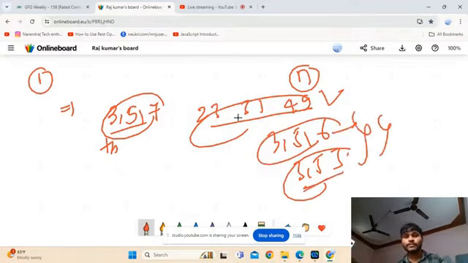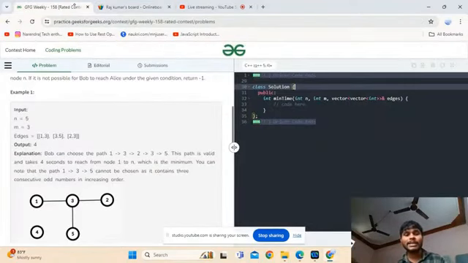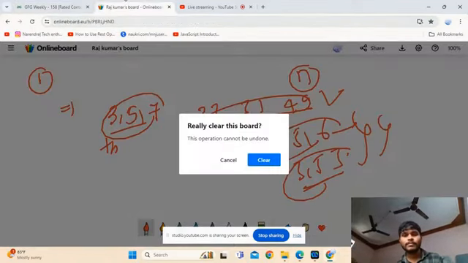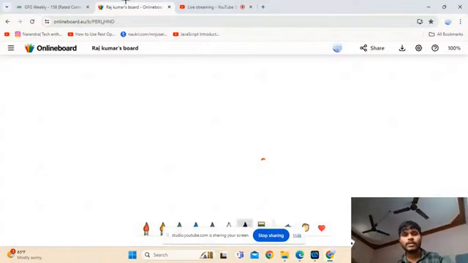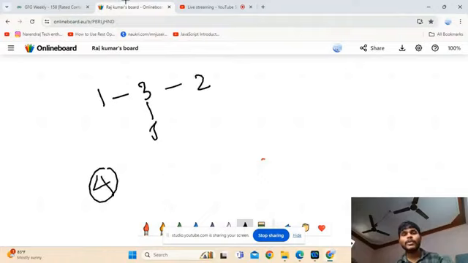Here he asked us to find the minimum distance. So let's take the graph he gave, with edges 1 3, 3 5, 3 2, and node 4 is not connected.